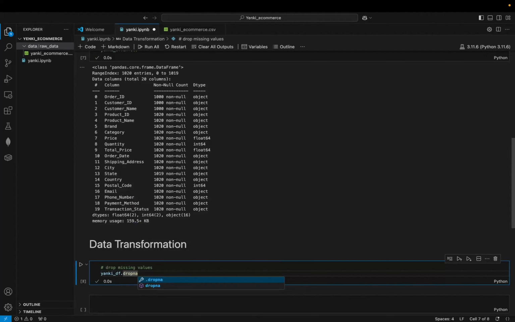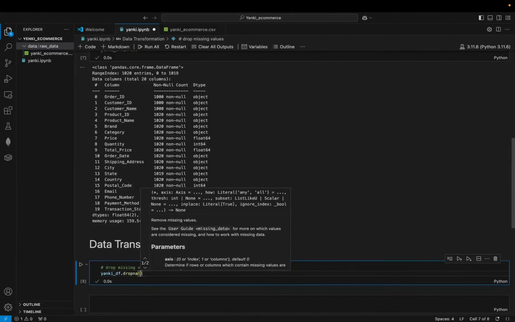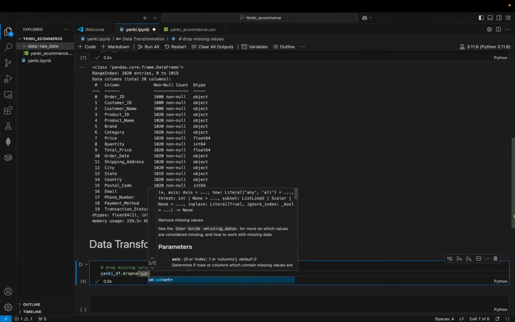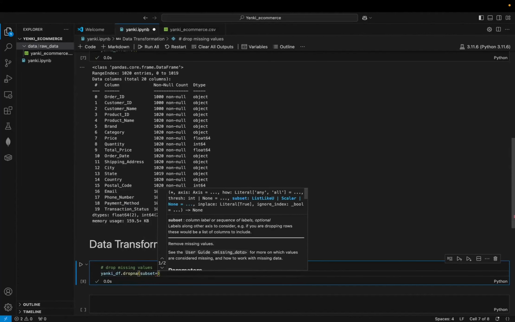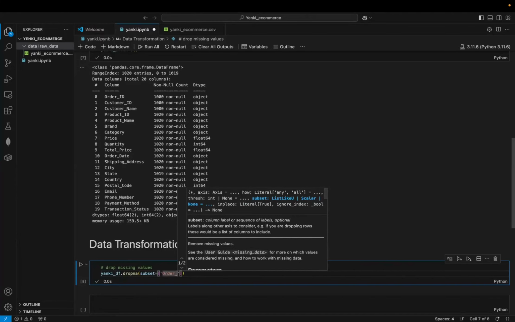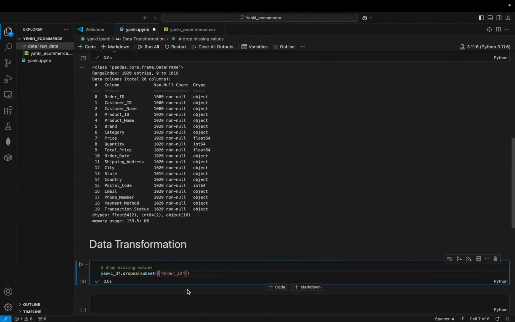That drop na means drop missing values, and that will be subset. That will be subset equals, you open this. So what do you want to drop? Order underscore ID, comma,